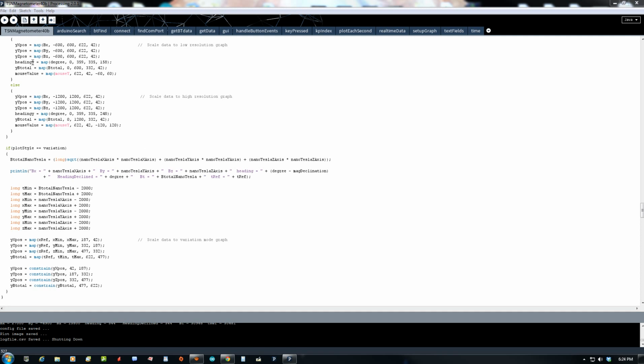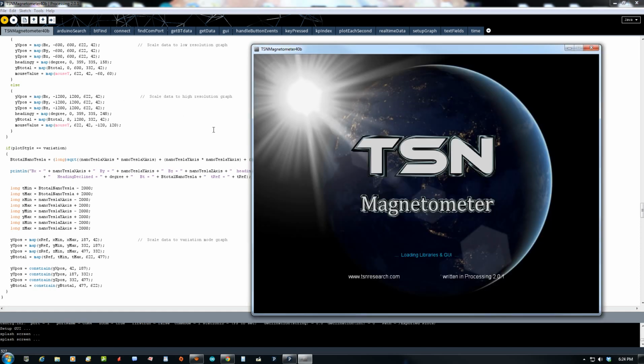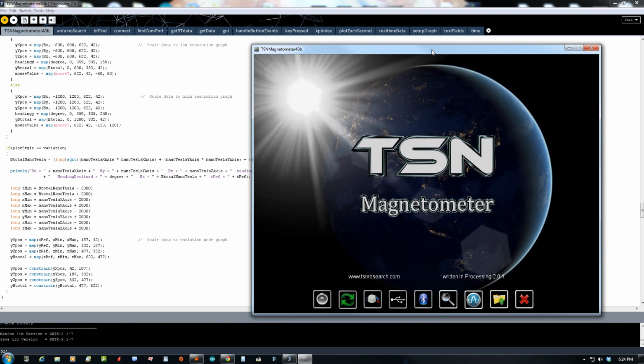Version 4.0 of the TSN magnetometer. I've had brain fog, and I've heard this from a lot of people, and I think it's from solar flares and geomagnetic activity. But after a lot of thought, I'm sick of seeing